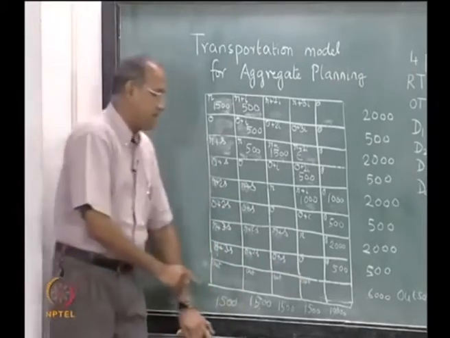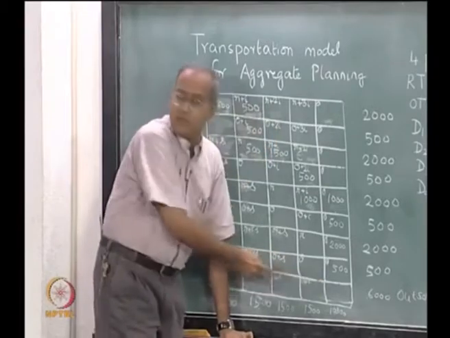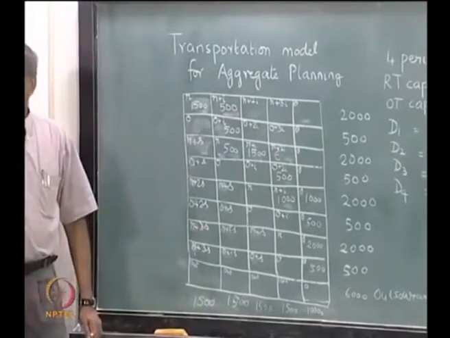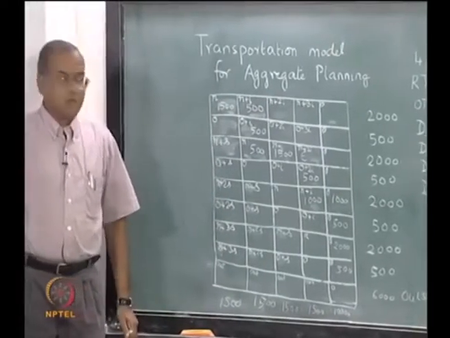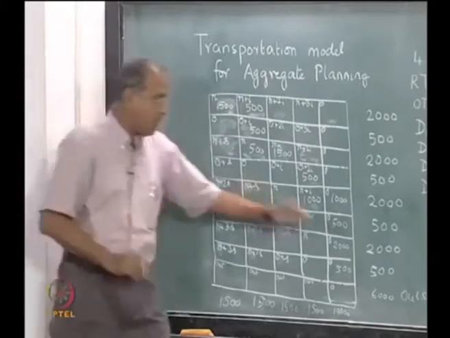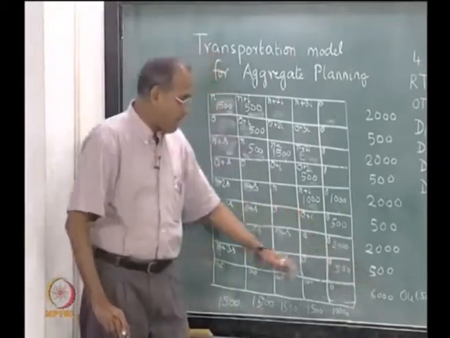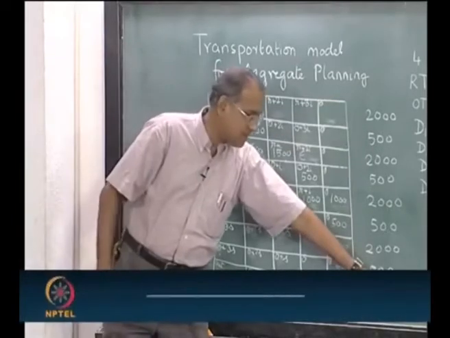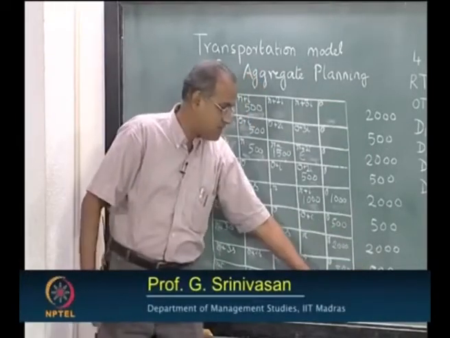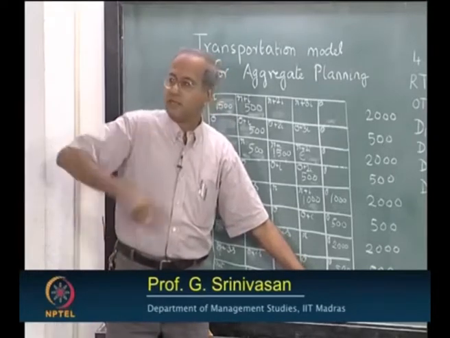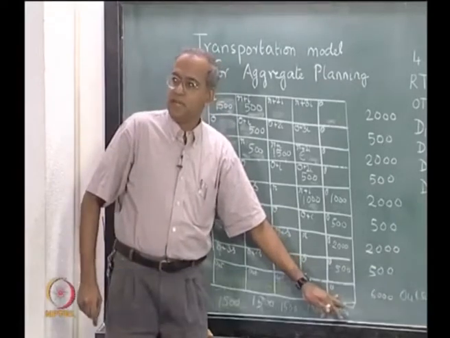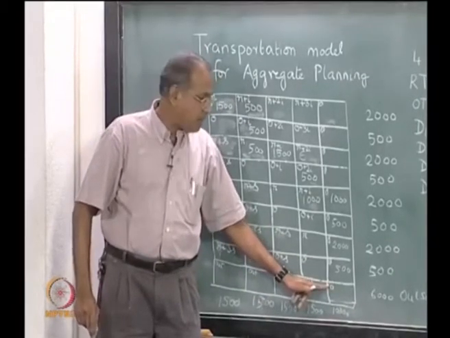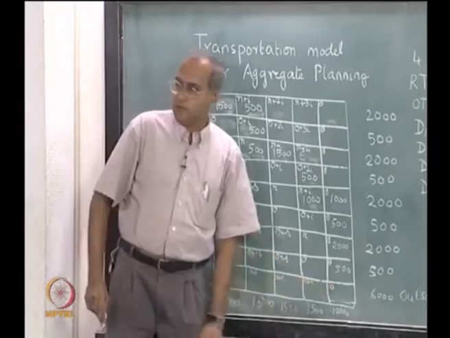Now, the most important thing is to fill this. Now, this has to be 0, because if for some reason I do not have to outsource and I can meet all my demand using these capacities, then all these capacities and excess will have to go and sit here. Only then the transportation problem is balanced. Therefore, I need to put cost equal to 0 here. This is very important. So, we need to put cost equal to 0.